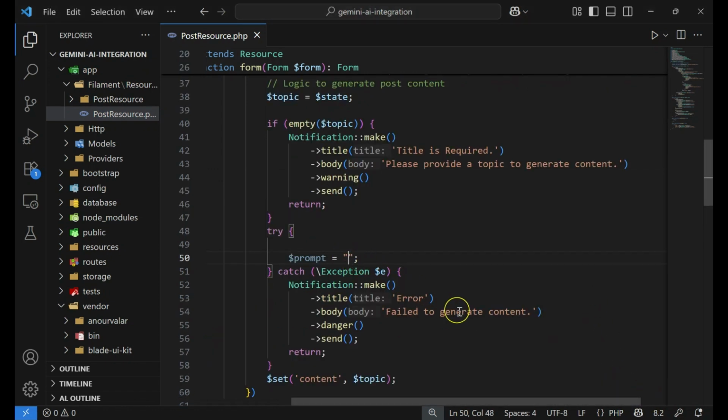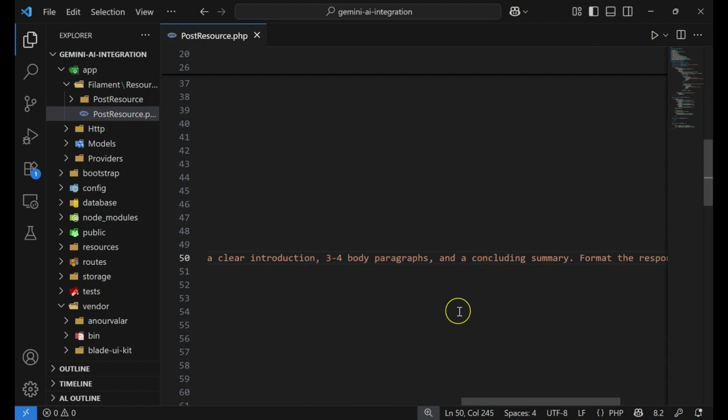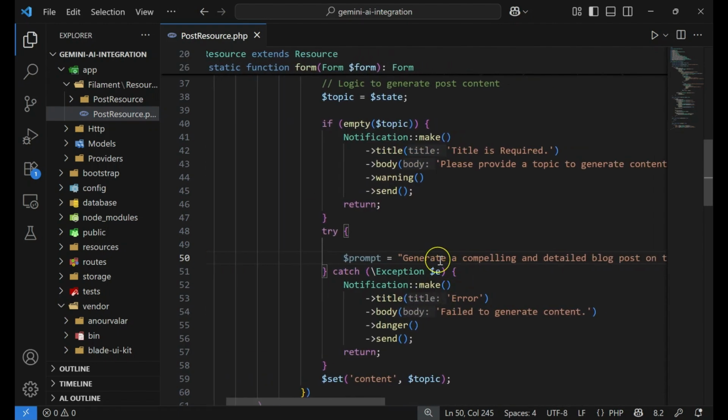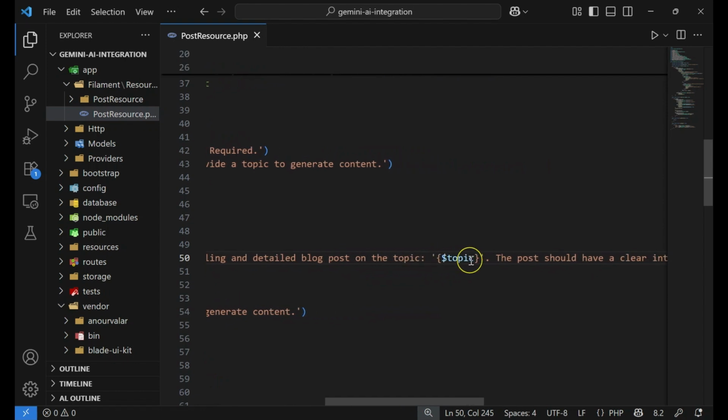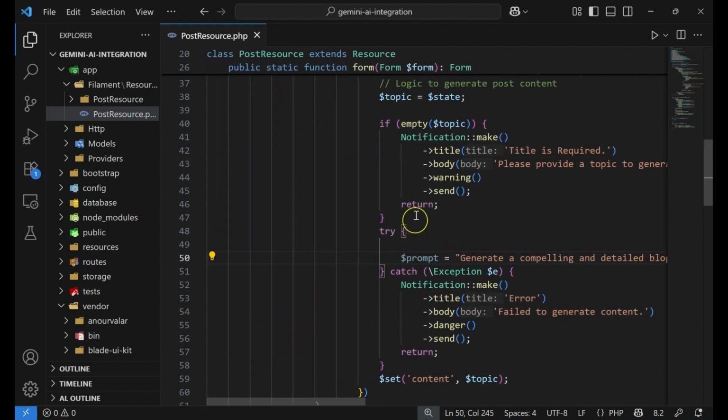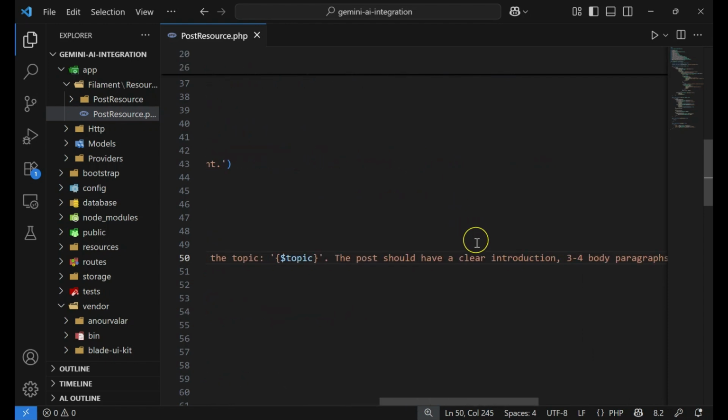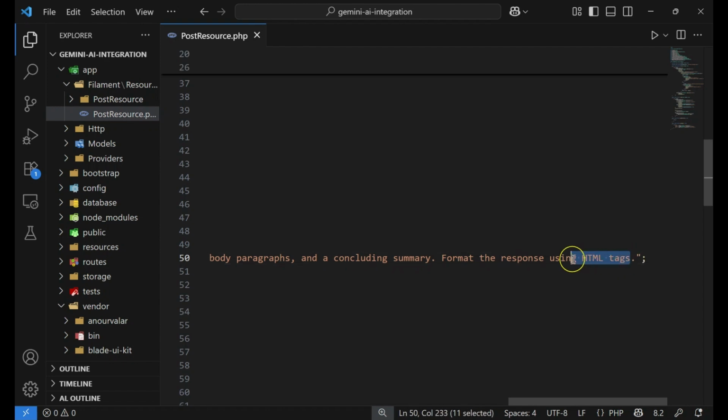Okay, so the prompt should be this one. So you can see it says generate a compelling and detailed blog post on the topic. So then you will pass that topic from here, and then the post should have a clear introduction, 3 to 4 body paragraphs, and a concluding summary. Format the response using HTML tags. Why this? So I've added this as